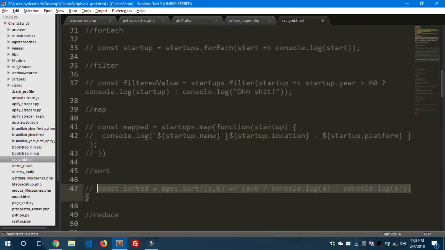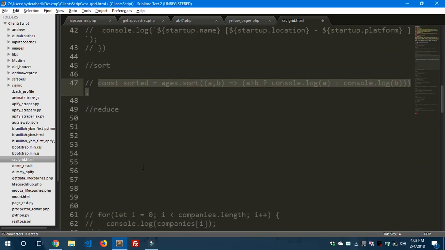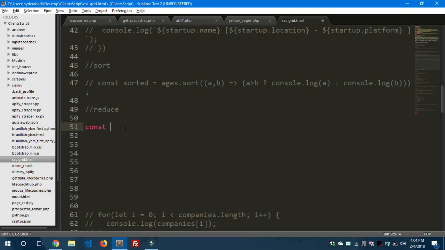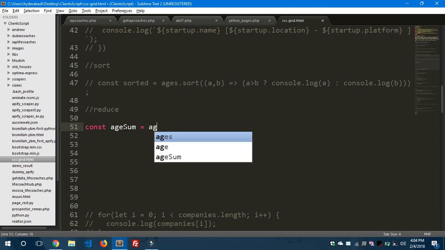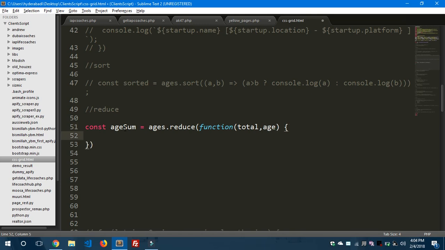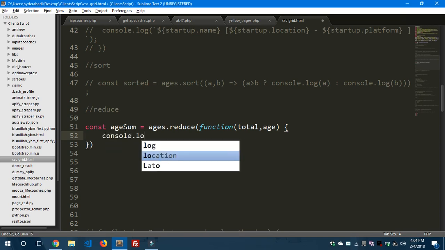Hope you understand these three functions: filter, map, sort, and the last but not the least is the reduce function in JavaScript. Let me show you. The reduce function allows you to reduce the work which you are doing on an array in JavaScript. Like if you want to know the sum of elements in an array, then you can use this function. Let me show you the demo here, right? Ages sum equals ages dot reduce and use a function total comma age, right? Use this function and say console.log